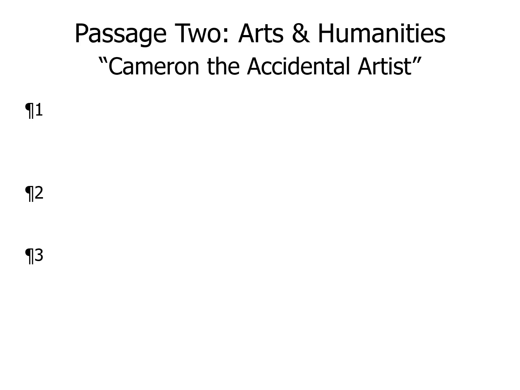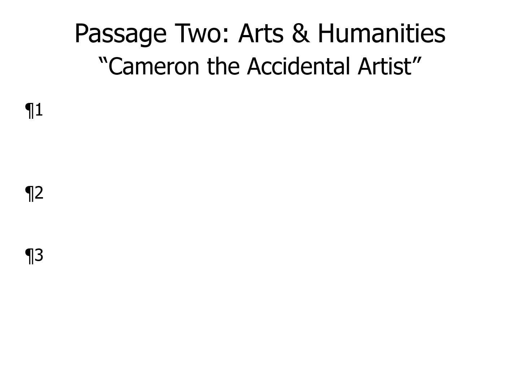Passage 2. This is the Arts and Humanities passage on the test, and the italicized text at the beginning gives us some indication of what we're in store for. Apparently this is going to be a discussion of the art of a particular artist, the photographer Julia Margaret Cameron.